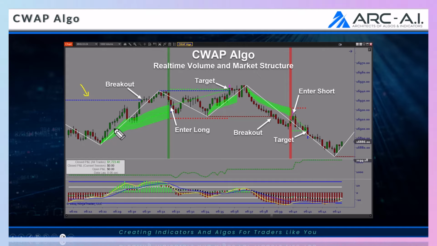If you're new to trading, just stick around. I promise you this will make sense to you. If you know anything about trading, you're going to know where support and resistance is in the market, right? And ultimately, this blue line is a resistance level, and this red line is a support level. And what we're doing is when we break out of these areas,